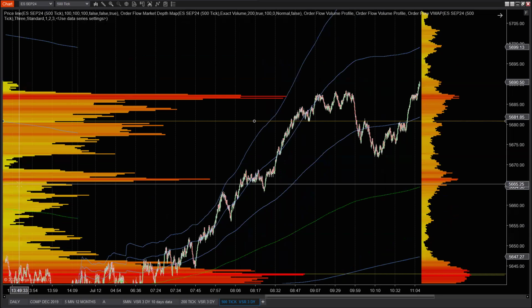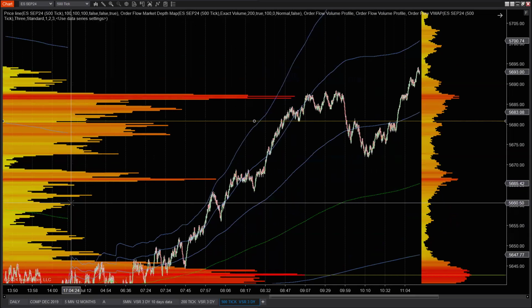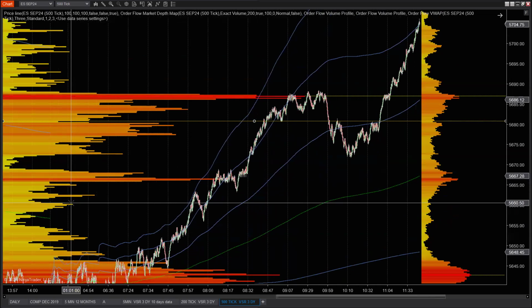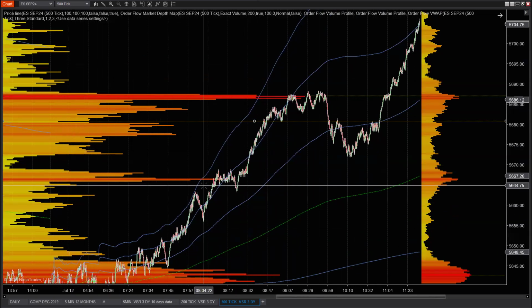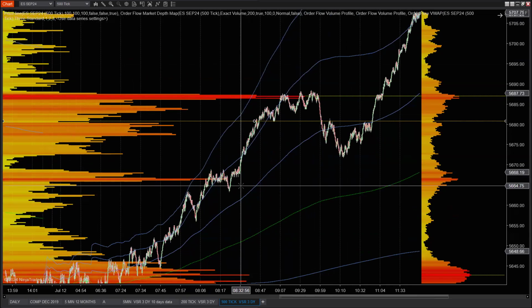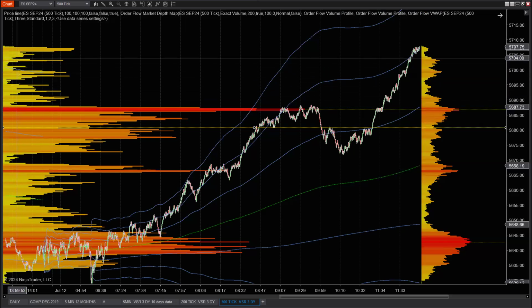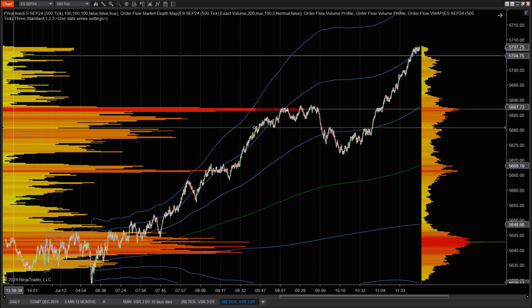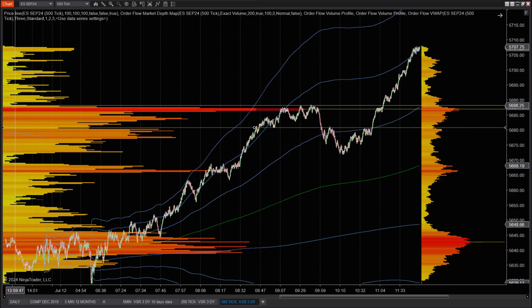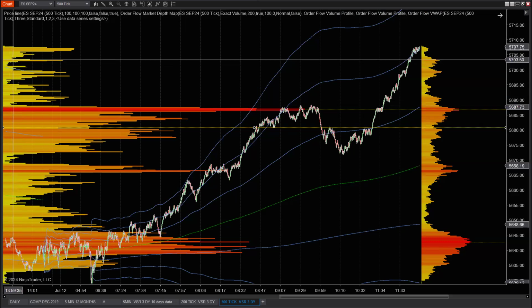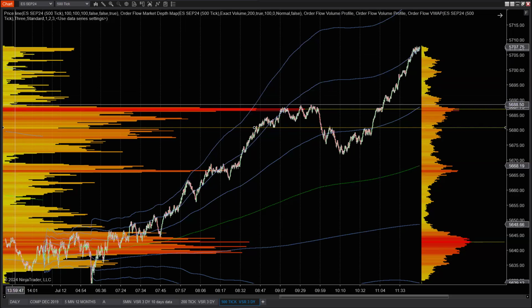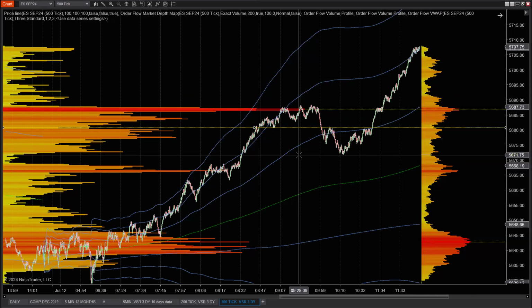Now, let's go and move this forward. So this keeps right on going up and up and up and up. And as it does, what's it leaving behind? Low volume. All of this is going to get tested. This thing is going to short because you got too many areas of low volume. In other words, the rally was on low volume